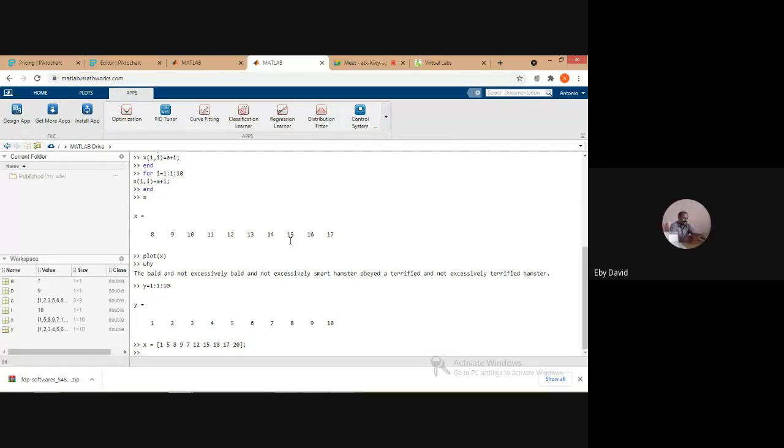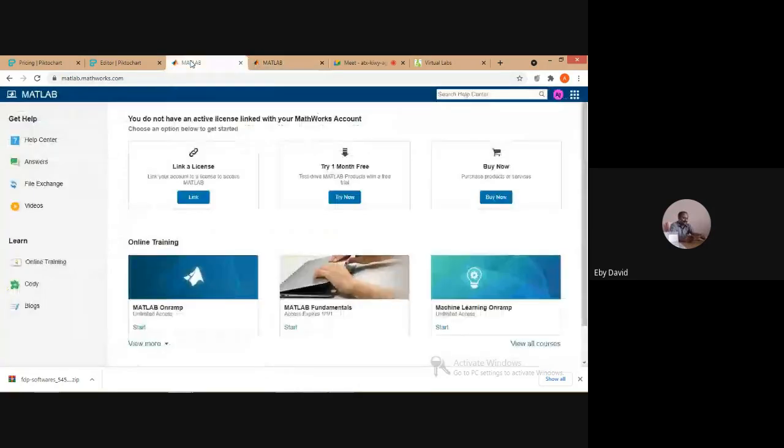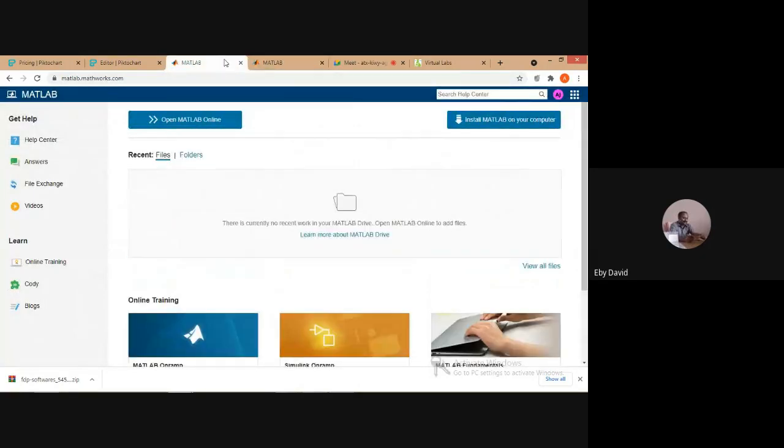Sir, please don't forget to tell about this Get More Apps, because people from different areas, like life sciences, have medicine and such types of toolboxes available, right? Around 60, yes sir.